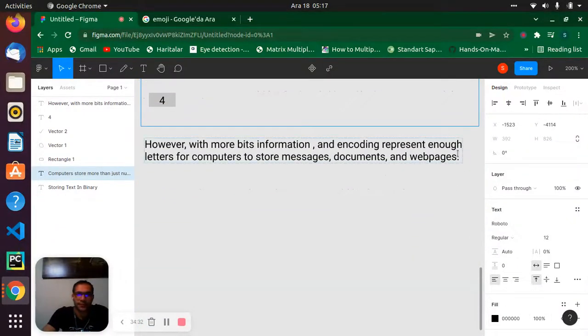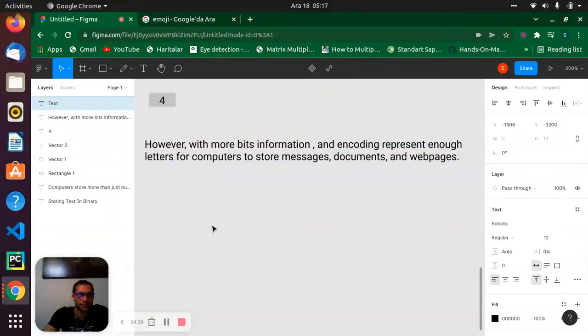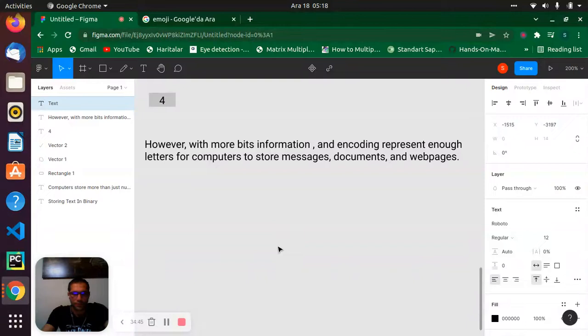Now the other subject we will speak about is ASCII encoding. My friends, this is also a very important point.